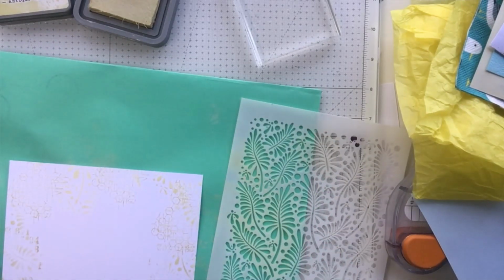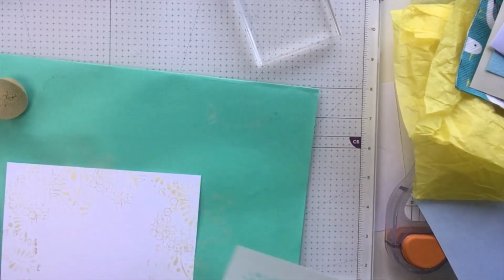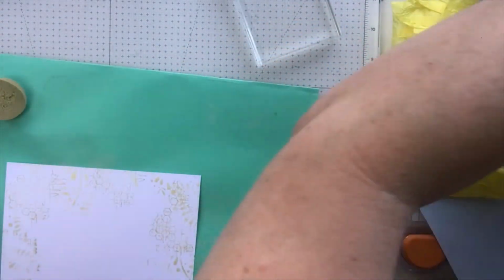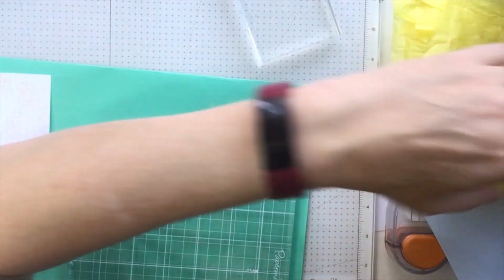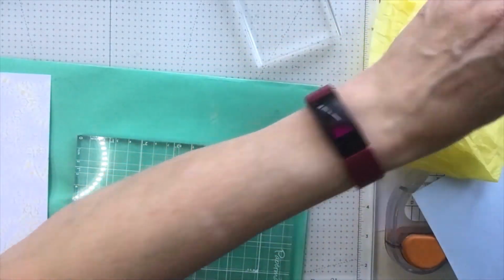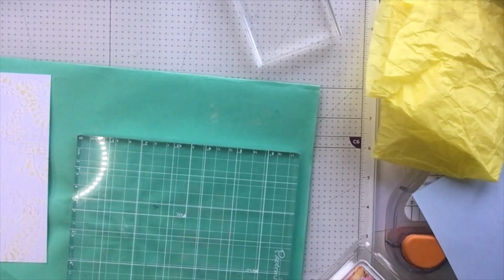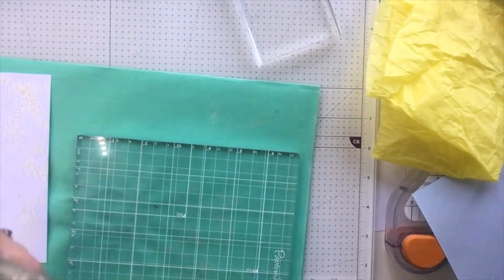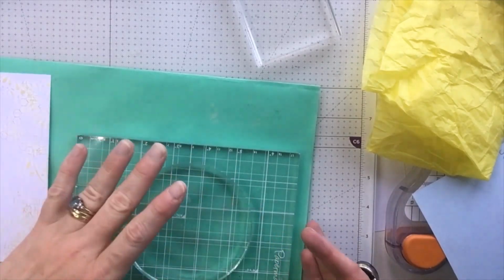Right, that is that. Now, this is where I am a little bit nervous, because I am going to use my gel press for the very first time, and I'm going to put it on this large acrylic block. I've only got 2 gel presses. One I've had since I don't know when, and it is a 4-inch square, but it was a cheap one and it's very thin. I bought this one back in January. I can't remember where from, but it was reduced, and it is a proper gel press one, and I think it's a 4-inch circle, and it feels really good quality. So I'm going to put that there like that,